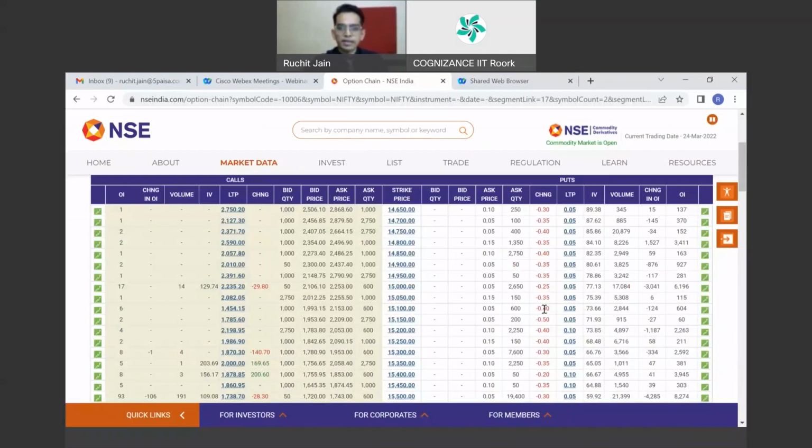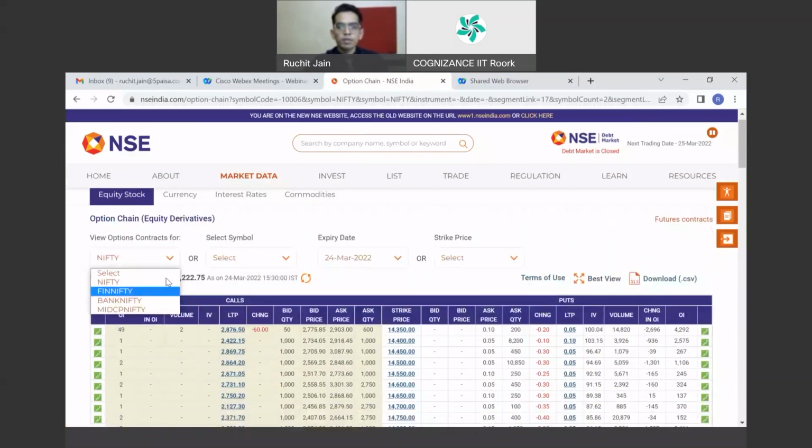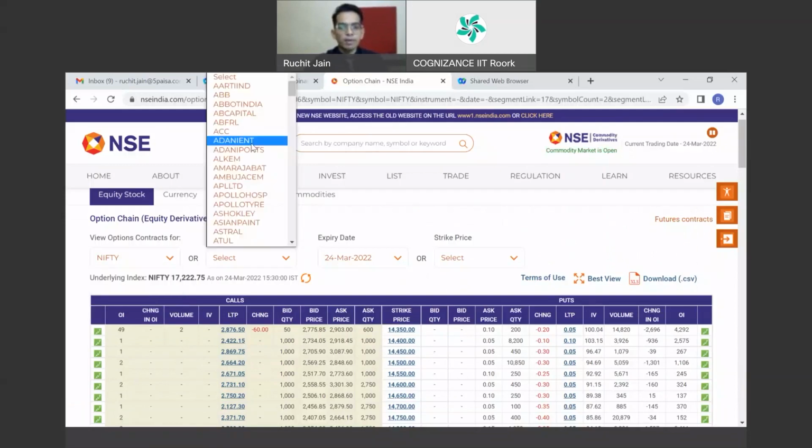This is the expiry date. Can you see the expiry date over here? So this is 31st March, which is the last Thursday of the month. And you can see that April month's expiry is on 20th April and May month's expiry is on 26th May. Every month, the last Thursday is the expiry date.